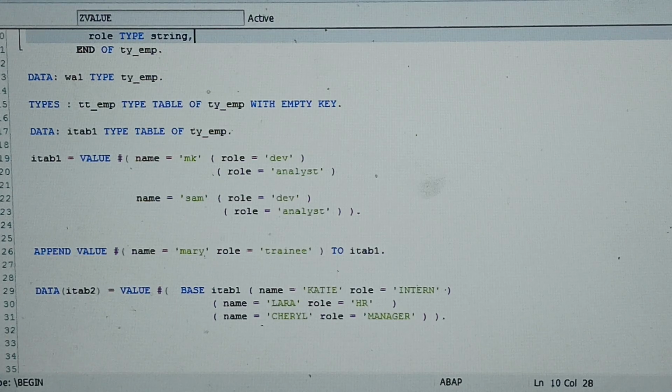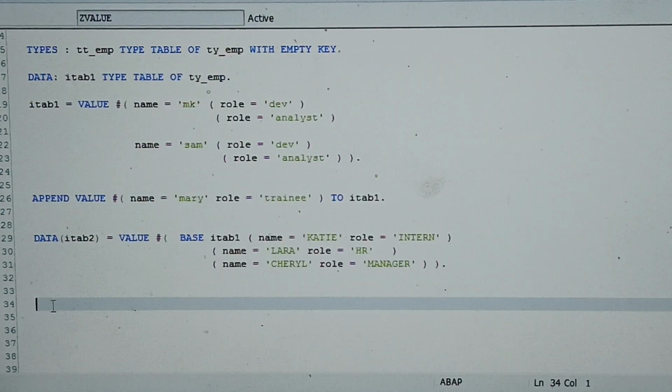Now let's see from the internal table. We will use the value operator to fetch an entry. Suppose I want to read a particular row from the table, how can we do that? I want to fetch the record from itab 2 with the name Cheryl. So we will write a data inline declaration. Let's write some lwa equal to value